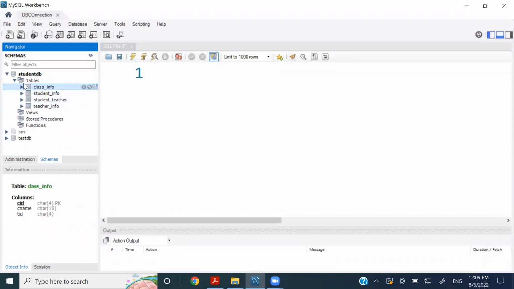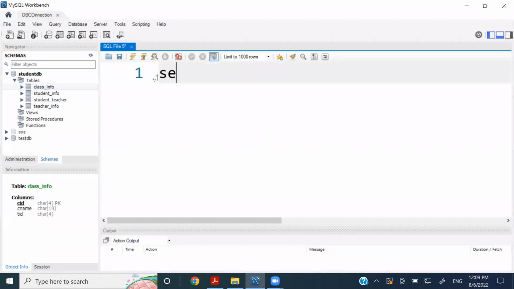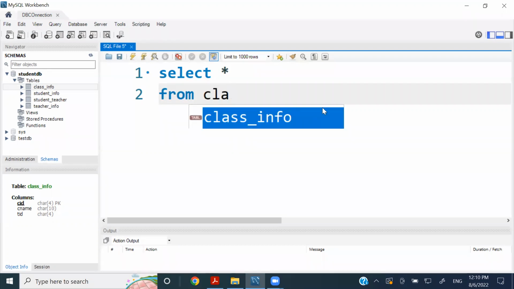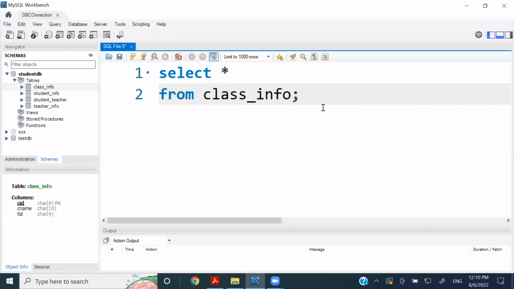Right now, if I want to select all the details from the class info table, I can say select, use asterisk, then use from, then say the table name, which is class info, right? Now, if I run this,